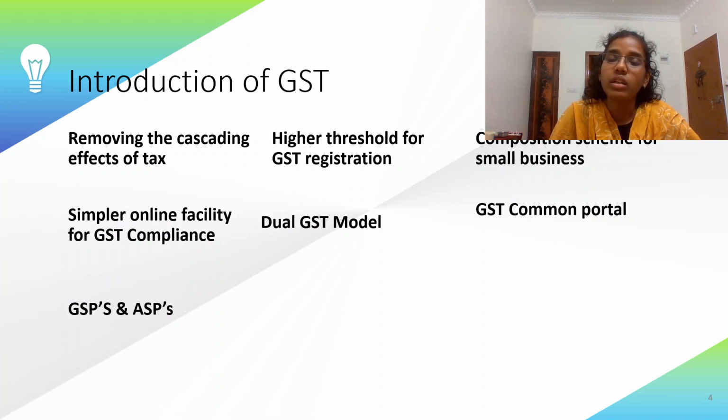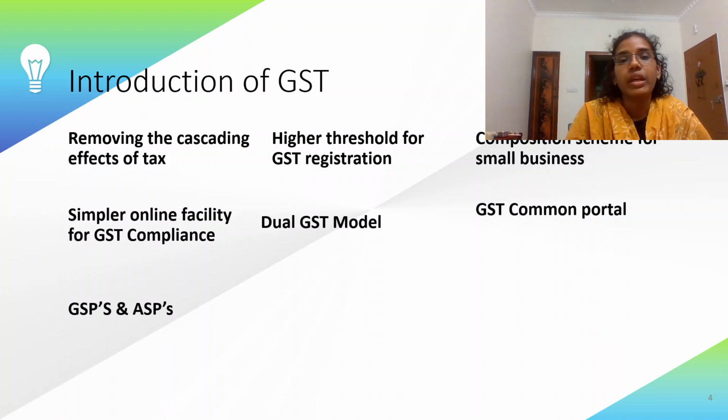that has annual turnover less than 150 lakhs in the case of normal category states and 75 lakhs in the case of northeastern states can avail this scheme called the composition scheme, where the GST would be paid at a fixed rate on their annual turnover. So from their annual turnover, they would be paying a certain percentage as GST. For the service sector, we have 6% GST to be paid under the composition scheme. And for the manufacturing sector, they have to pay 1%